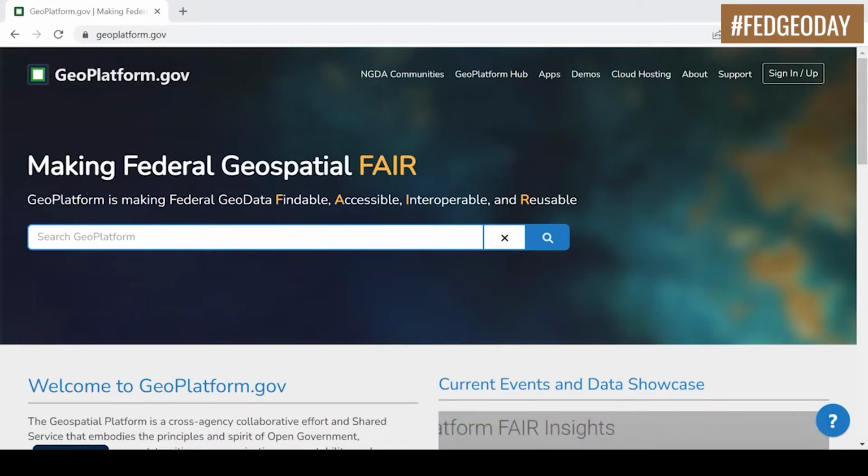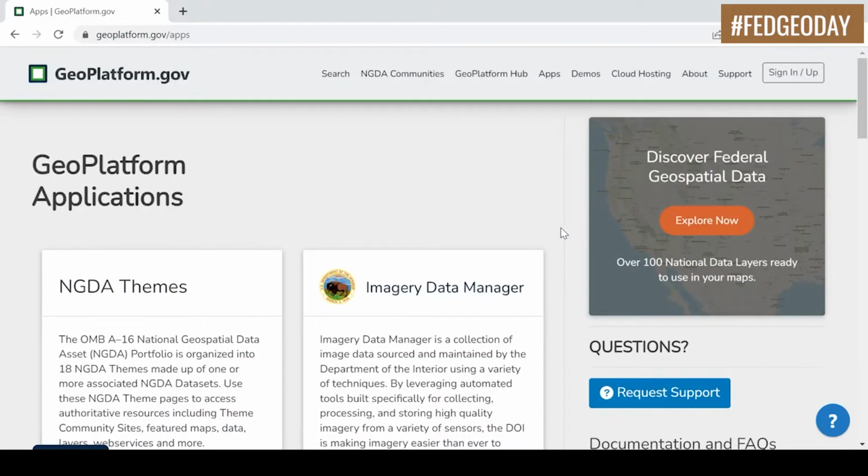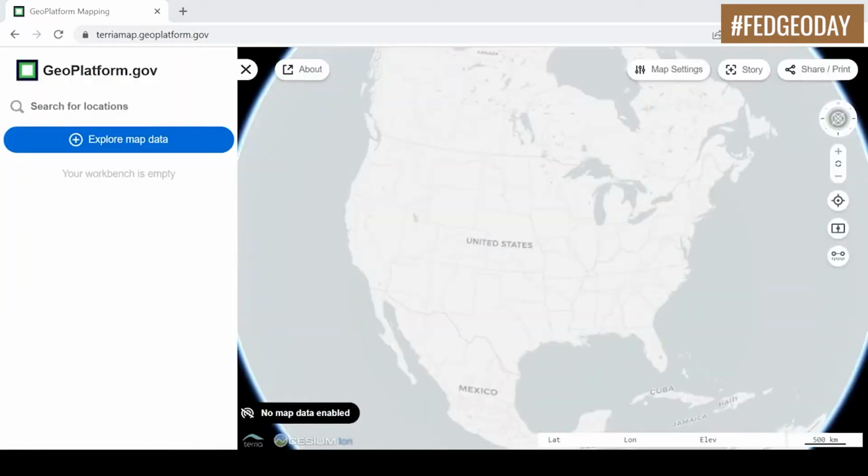To access Terriamap, click on the Apps button at the top of the GeoPlatform homepage and Explore Now on the Apps page. Terriamap runs in the browser, so it will take a few moments to load. Once loaded, click on the Explore Map Data button,